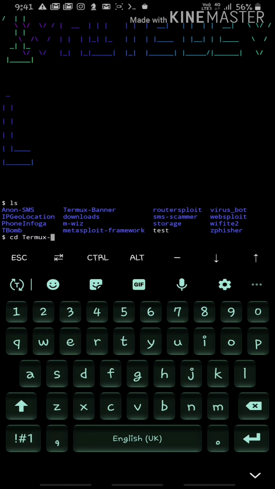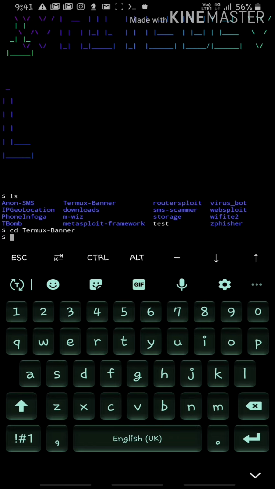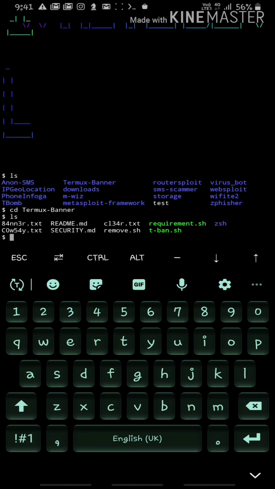I have some keyboard error, so I did this again and again. Then hit enter, then ls, and you have requirement.sh.